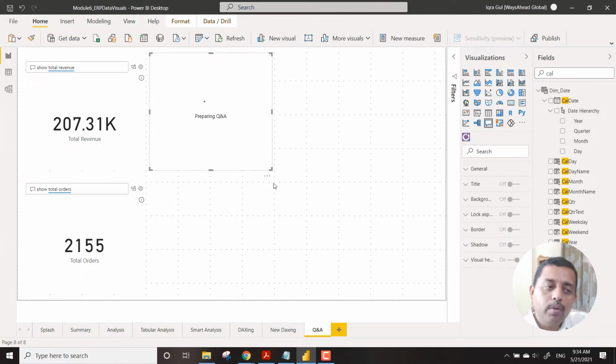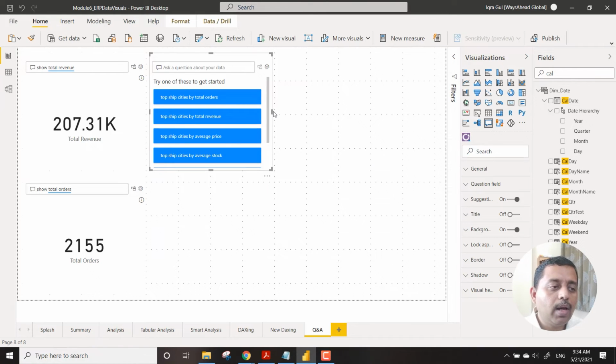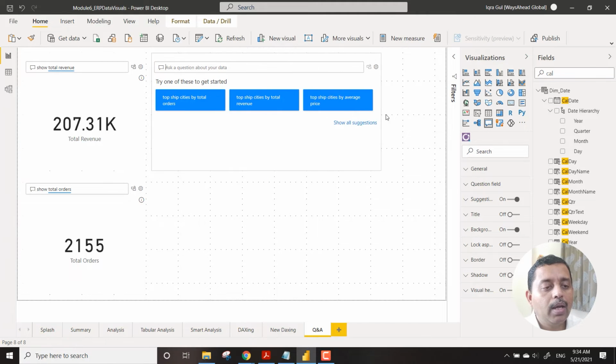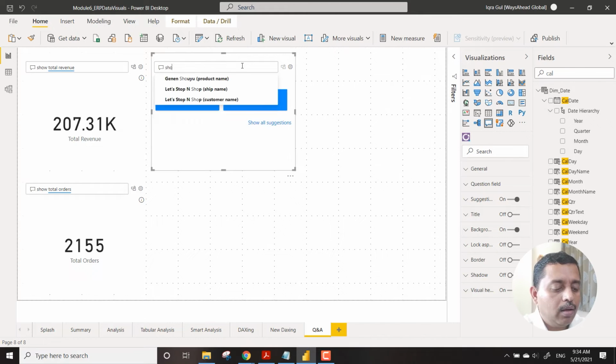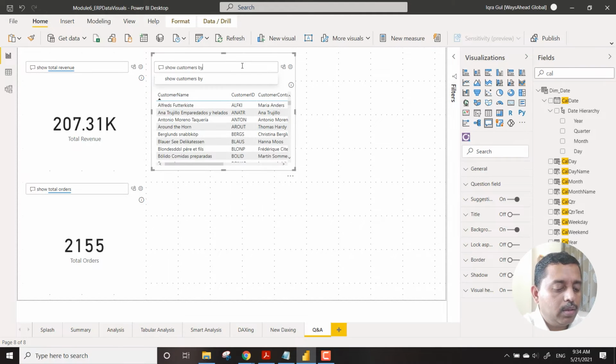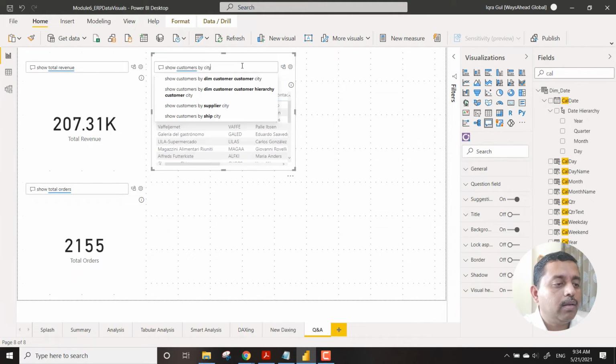Similarly, you can also bring in some other capabilities over here as well. So you can say that, okay, I might want to just see, show customers by city.